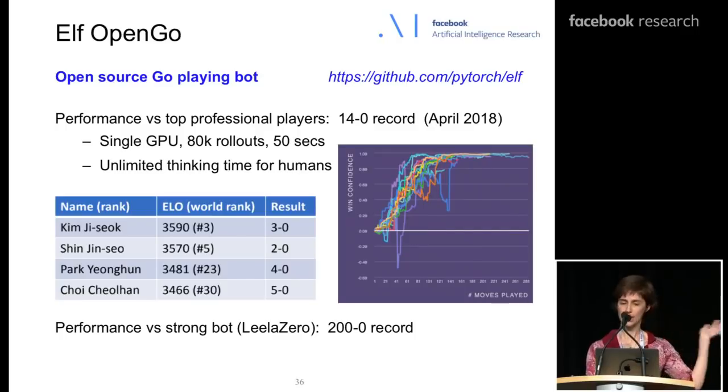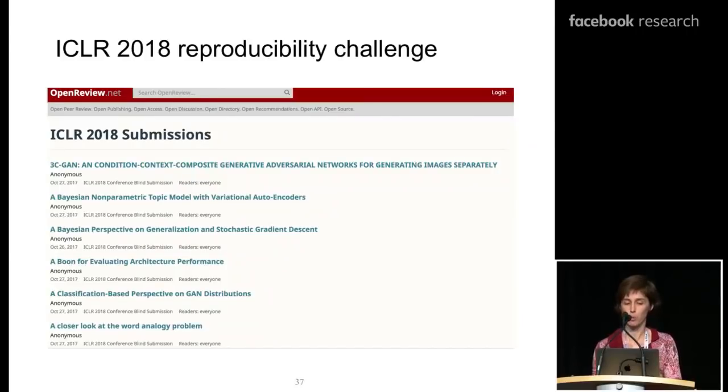I won't go into much more detail. I think it's just an example of the kind of project that people can take on, not because it's necessarily uncharted territory, but because it's actually a resource that's really important, we think, for the community, both the machine learning community, and in this case, the community of Go players.